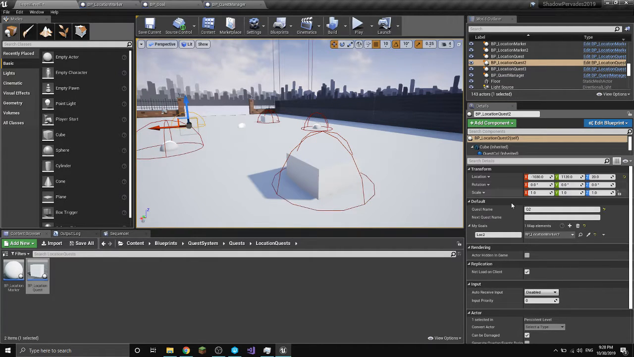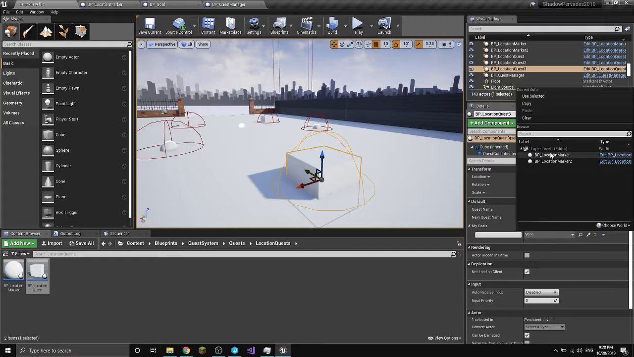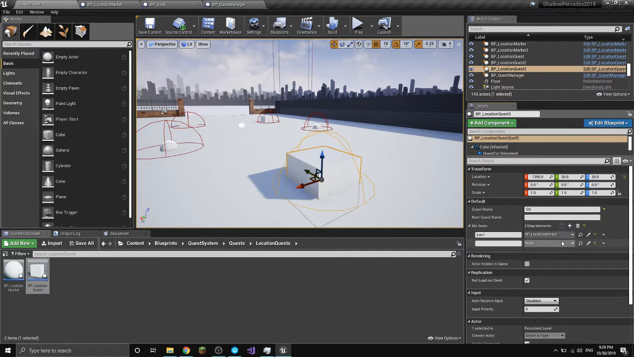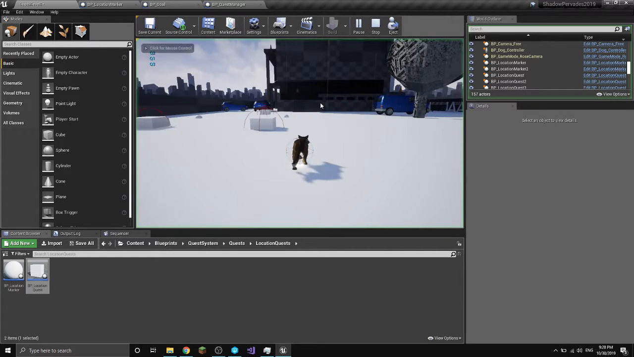We're going to go ahead and give quest 2 its next quest name, so quest 3. And then in the quest 3, we're going to go ahead and give it location 1 and location 2. And now it's going to reuse these location markers. And to quickly show,